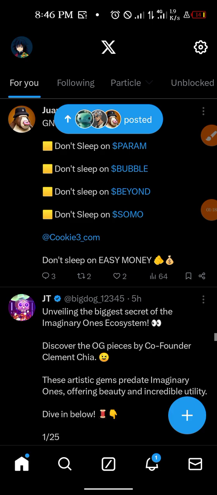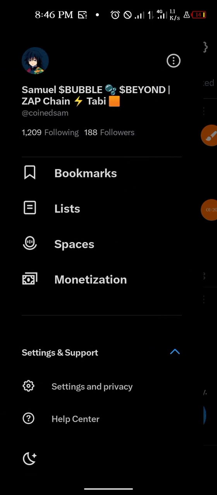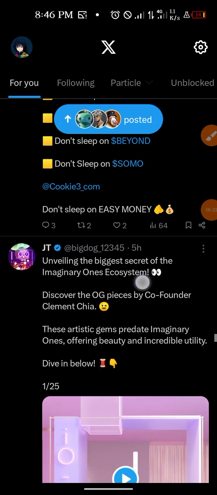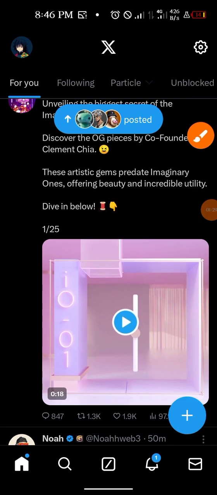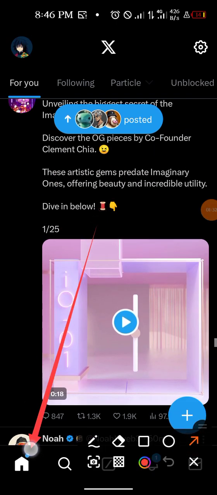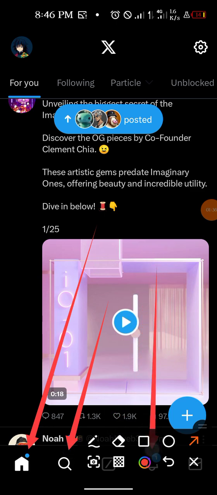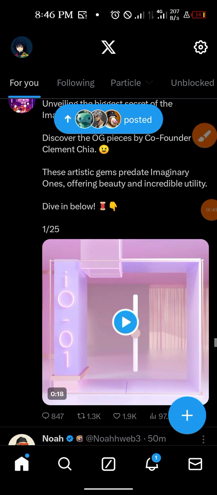So by the time you're done setting it up, what you need to understand is that this is your home page. This is where you search for stuff. This is where you see your notifications, you get direct messaging, and I can't see the other one because of this brush stuff. But most importantly, if you want to be interacting with crypto projects, the first thing you should note is